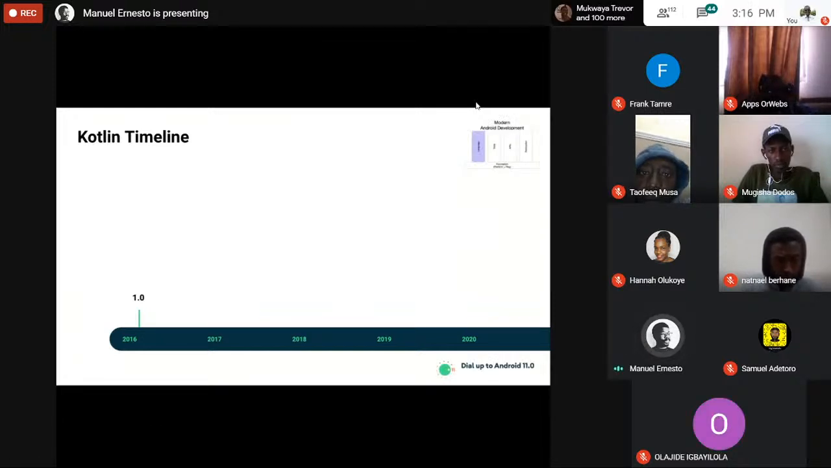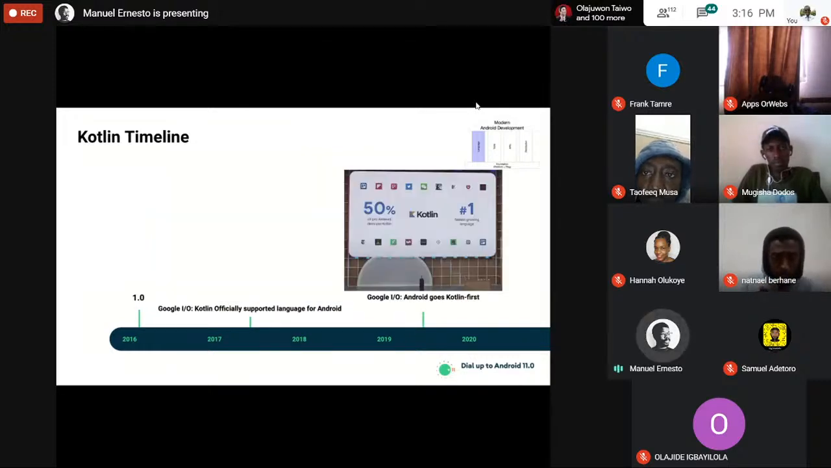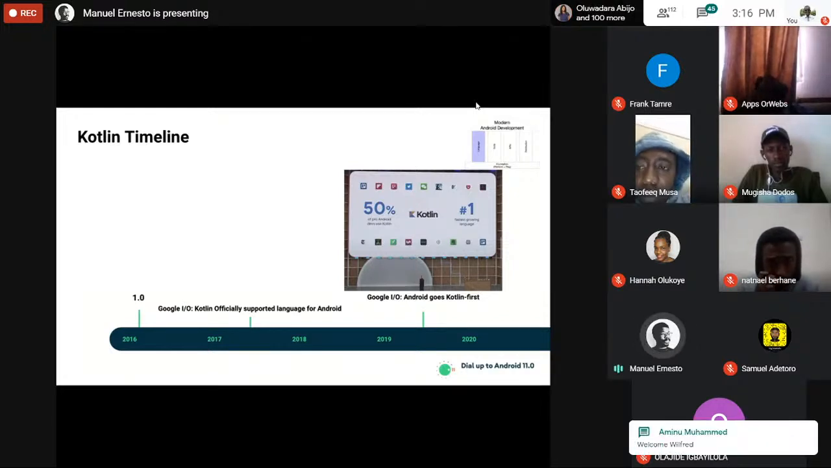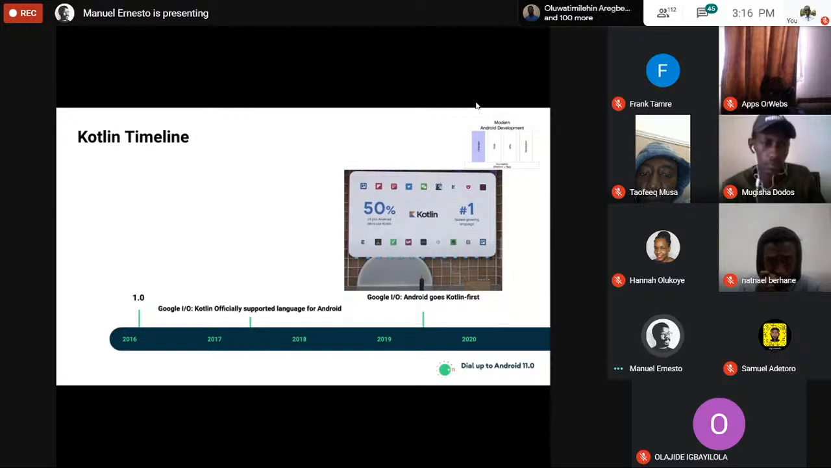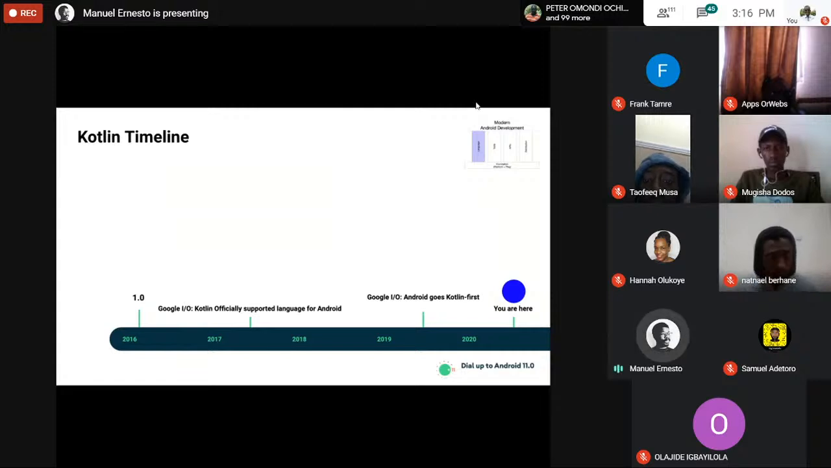Kotlin 1.0 was released in 2016, and in 2017, at Google I/O, Kotlin was officially supported for Android development. Last year, Android went Kotlin-first. It means first because they realized they can do more on the Android platform using the Kotlin language. And maybe we can ask,